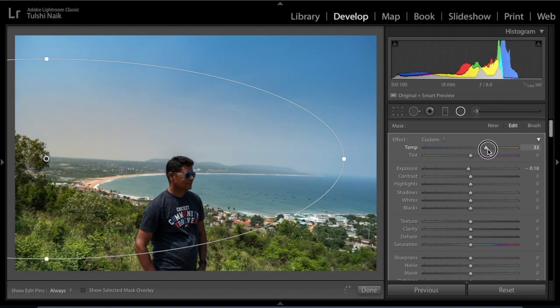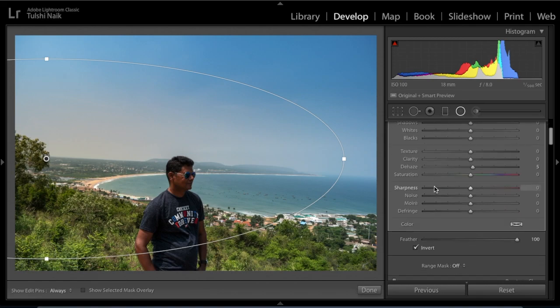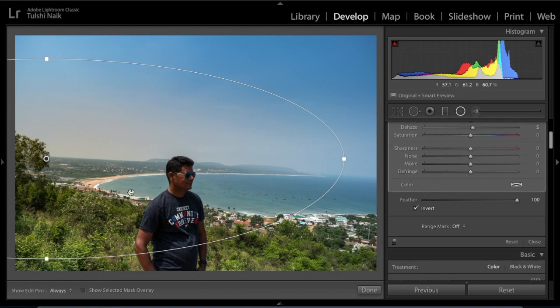So as you can see now, as I warm this up, the color of the sun are popping out a bit. Again, tiny bit of dehaze. Now here we see one challenge. As we brought up the sky and increased the warmth a little bit, it also gives warmth on the skin tone as well, which we do not want. So the way to do is, we have to make a selection of this area. So we have to make a selection mask.